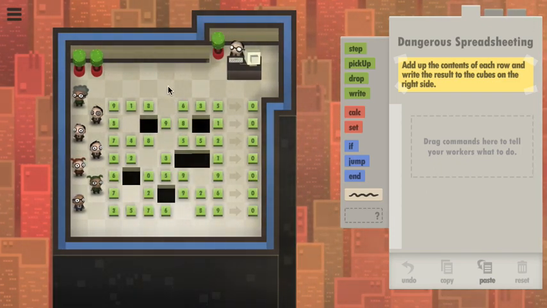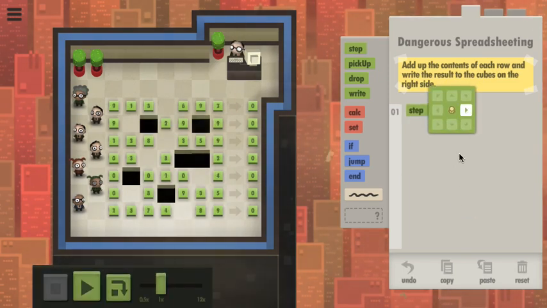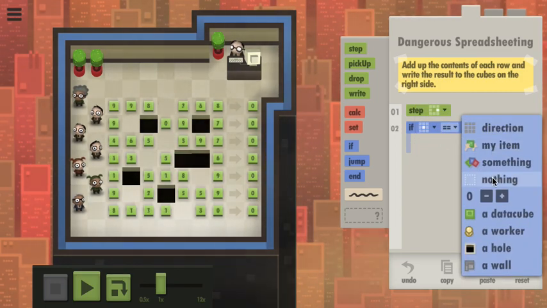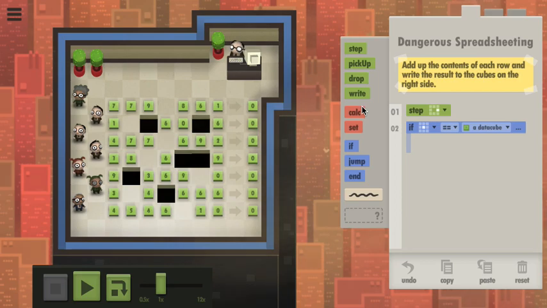Okay, I don't like the fact that there's holes. But that's fine, because we can just make a loop that keeps going to the right until we're past the hole and go back down again. Okay, so we step to the right. If there is a data cube, then